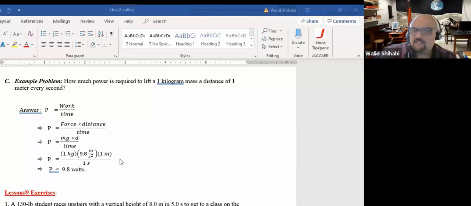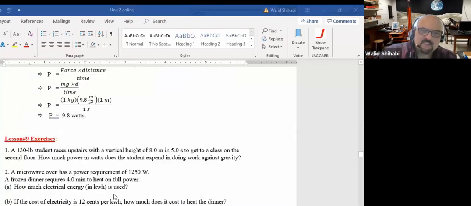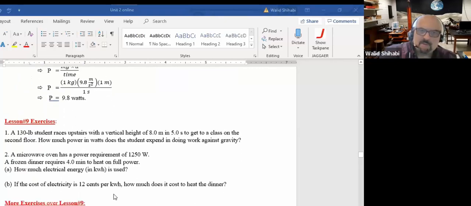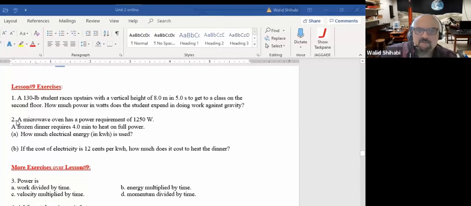So here we just merged the 3 steps in 1 step. Okay, you can do it in 3 steps, maybe easier. And we got 9.8 watts. So let's see that on problem number 1, because problem number 1 is very similar to the lab we are